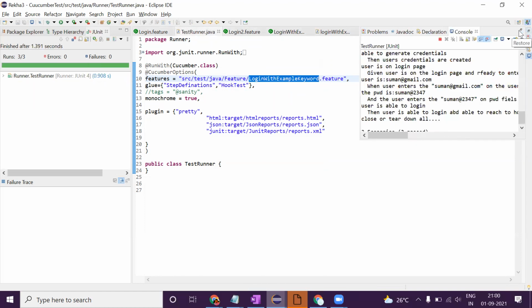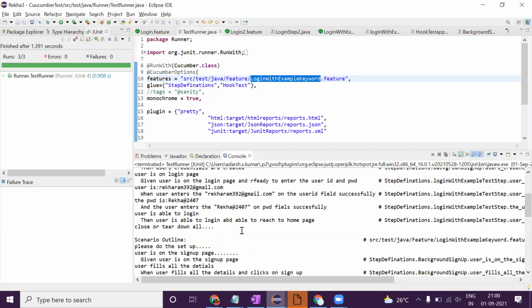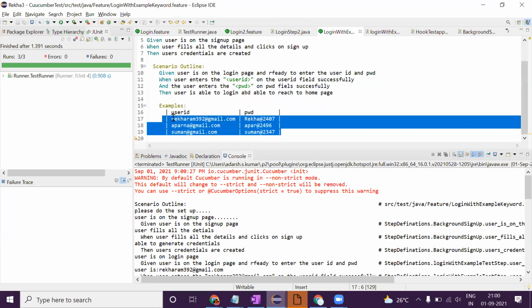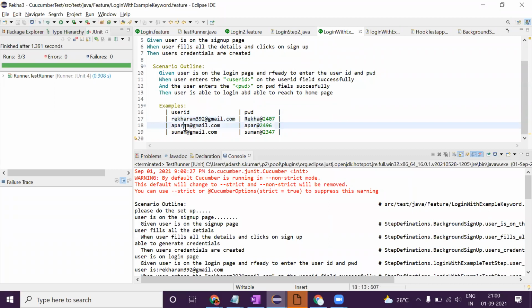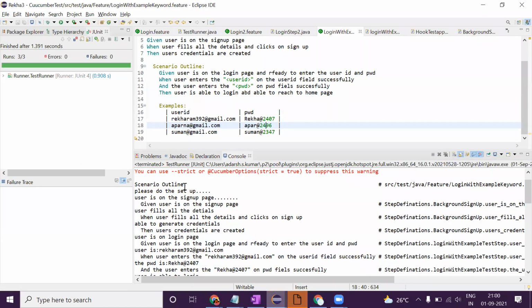Just see the difference. See here, 21 steps because there were three scenarios. Now it tries for Rekha and this password, Aparna and this password, Suman and this password. First it does the scenario outline.